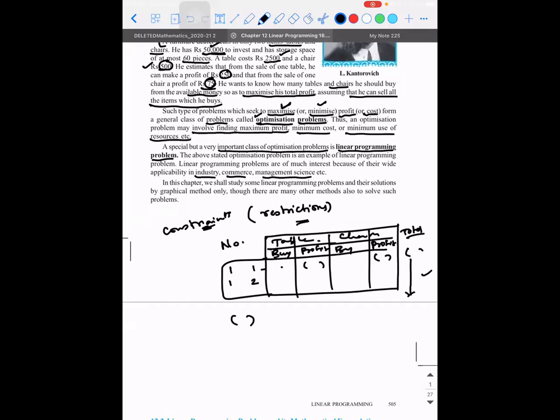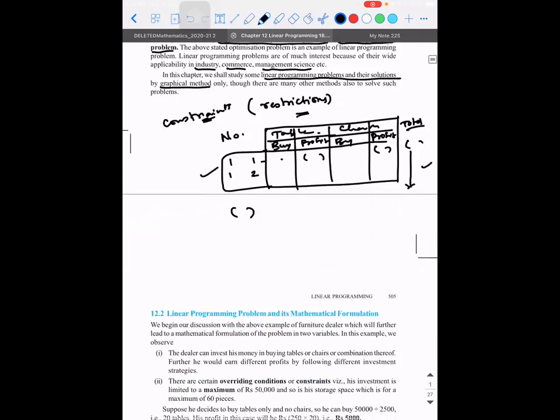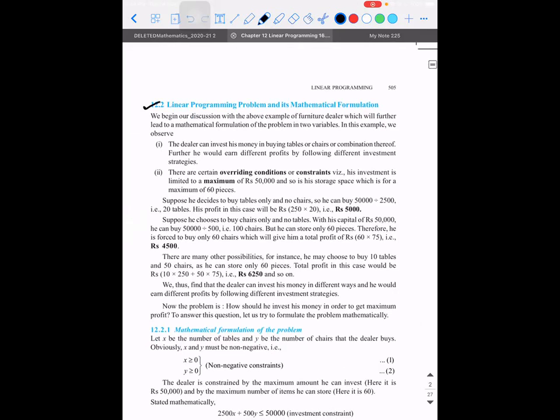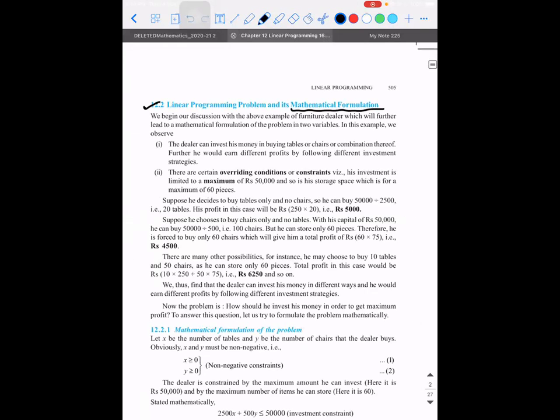Yes, sir. Okay. So in this chapter, we will study linear programming problems and their solutions only by the graphical method. No other method. See, there is also another method, but we will not be using it, right? So linear programming problems and their mathematical formulation. Mathematical formulation means you will be forming the equations. That is not there. That is what the transportation problem and all those things are. That part is not there. So for this year, at least, you're safe, as they will give you the equations. Your work is only to solve and tell what is the maximum or the minimum value according to the question.